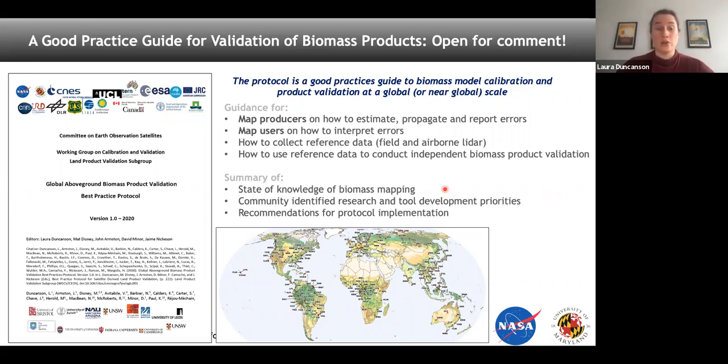If there's anyone who is interested in reading this through, both for education, but maybe for giving some input, please do so. But one of the main recommendations we're getting out of this is that we really do need this independent reference data set that has new field observations, but also terrestrial laser scanning and airborne LiDAR, so that we can make local airborne LiDAR biomass maps that will serve as reference, as validation maps for any product that goes online.